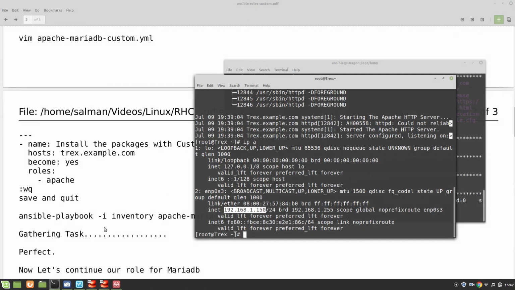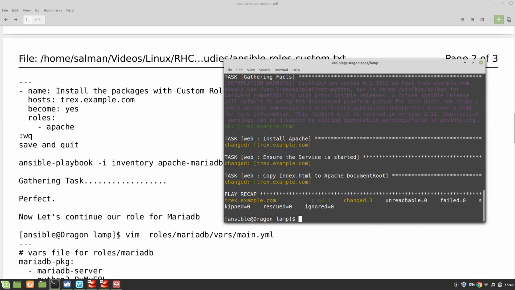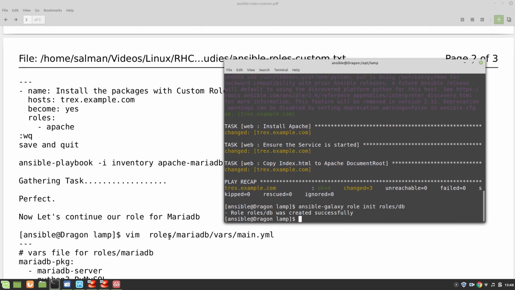Okay, now what's next? Now we need to install a role for MariaDB. And to do that, I'm just going to create another role called MariaDB. The steps are going to be the same. So let's create our MariaDB role, and we will call it db. Okay, and to initialize it, we have initialized it, and the tree command will show us that it's